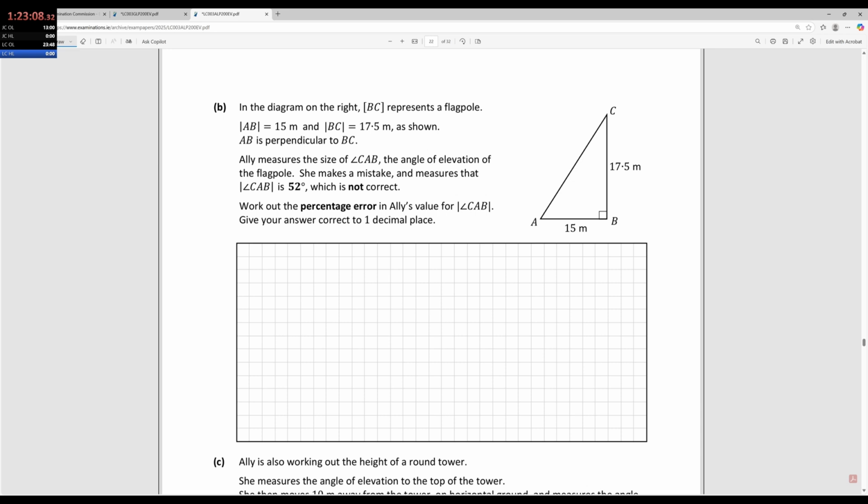In the diagram on the right, BC is a flagpole. Yeah, perpendicular. Ali measures the size of CAB, the angle of elevation. She makes a mistake and measures it as 52, which is not correct. Work out her percentage error. Well, we'd have to do tan inverse of 17.5 over 15. And we would get